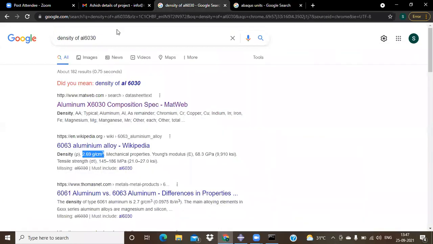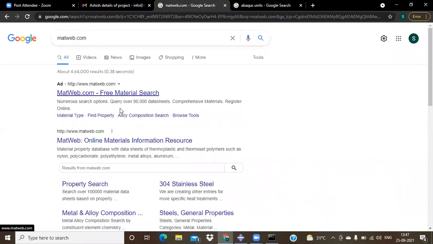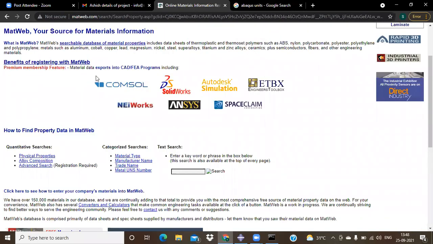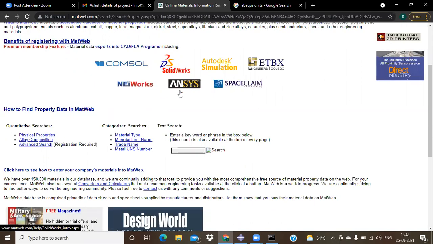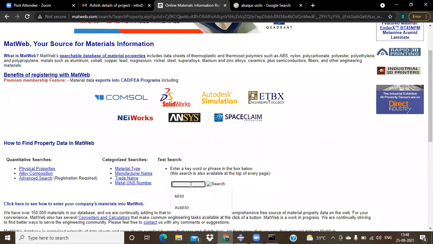As an example, let me go to matweb.com. It supports all the things, even simulation software like Workbench, Dassault Systèmes SolidWorks, that means it supports everything. Now I would like to search for aluminum.